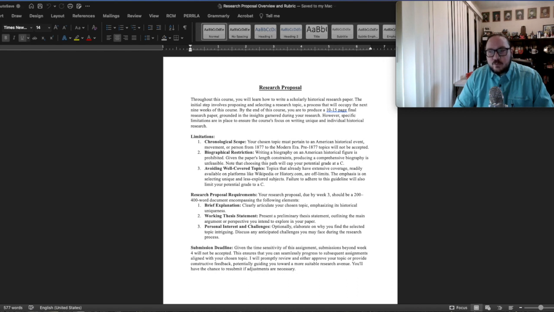And it's going to first give you a brief explanation of what your topic is. So that means if you've decided that you were going to write on maybe the Homestead Steel Strike, please don't write on the Homestead Steel Strike, it's heavily covered, but just to give you an example, Homestead Steel Strike, you would go over and explain the main people that you would be covering in the Homestead Steel Strike, the reasons behind the Homestead Steel Strike, the causes and the effects. So you're going to give a brief explanation of all of those things, and you're going to clearly articulate that and talk about why it is historically relevant.